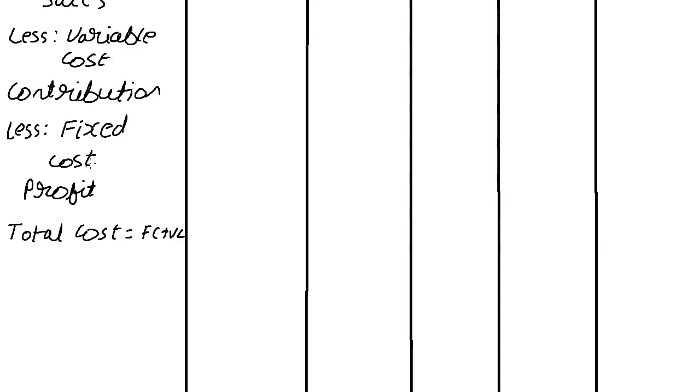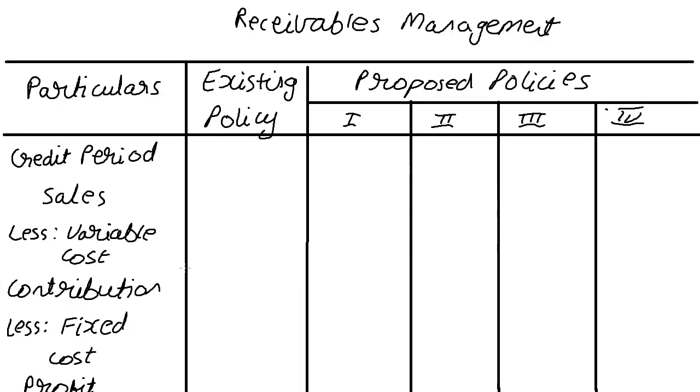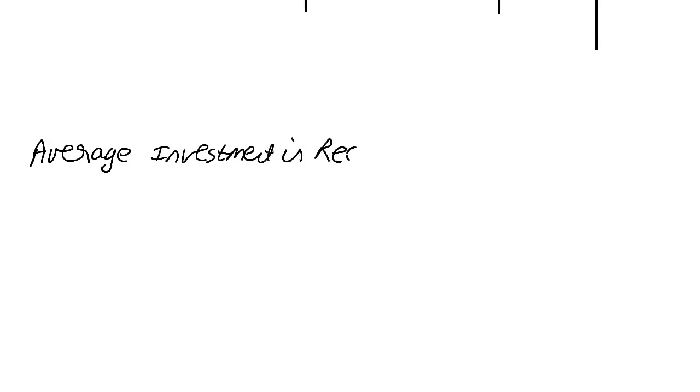Once we are done adding both of them, we calculate something called average investment in receivables. That means at any given point of time, how much of money is stuck with the customers who are yet to pay us. Okay, so a formula for average investment in receivables